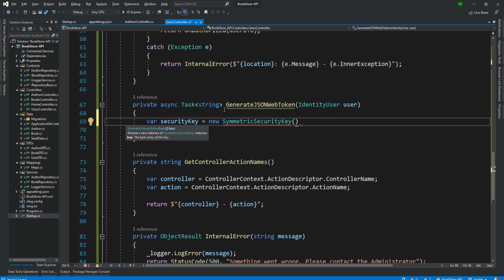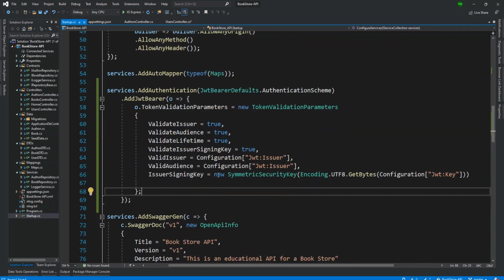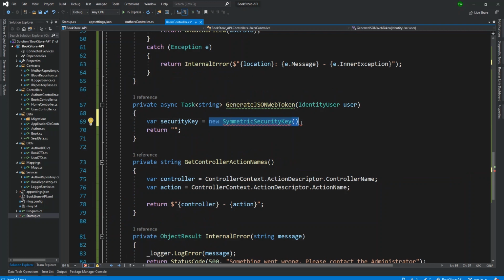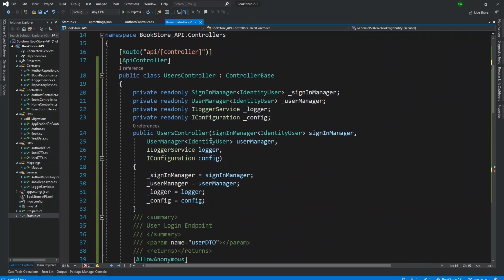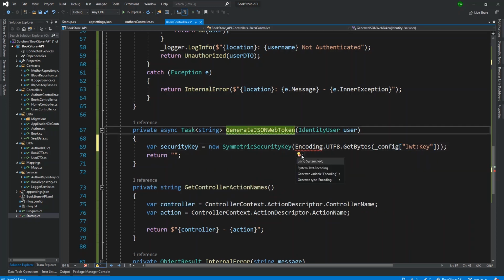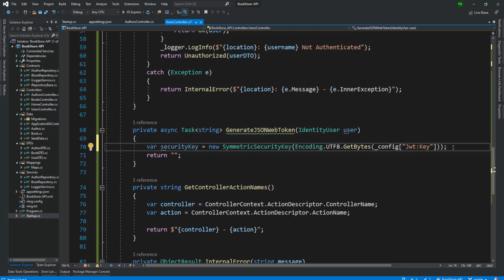And this is actually going to look just like this line in startup. So I'm just going to copy this so I don't have to type it all out, and paste it here. So that's our new security key. And then, of course, instead of the hard-coded configuration, I have the dependency for configuration, so this would be underscore config. All right. And then I need to include the missing library for encoding. All right, that's it. So I have the symmetric